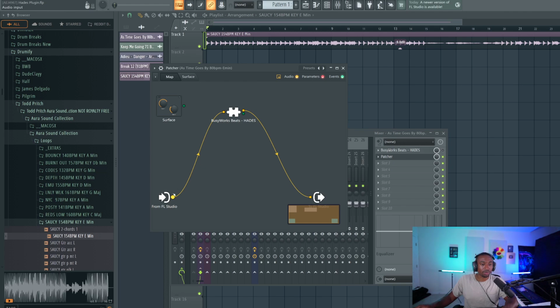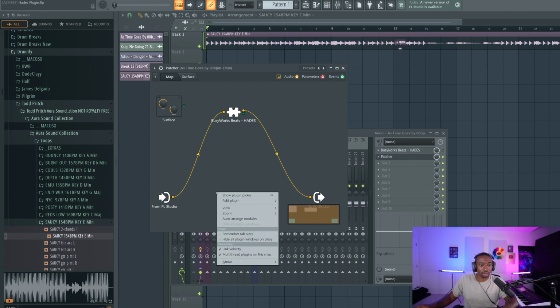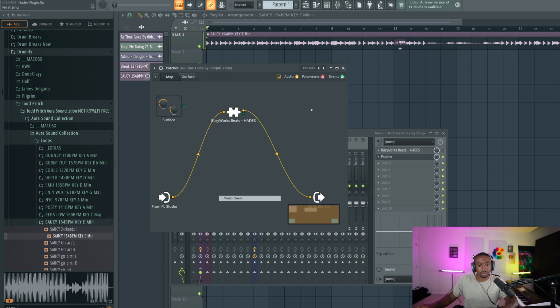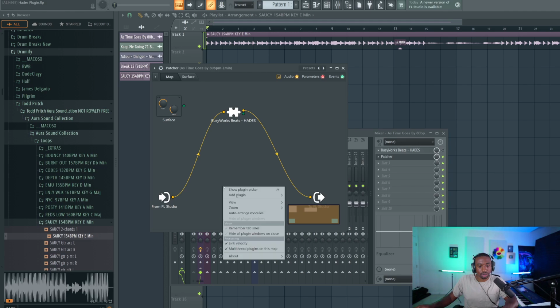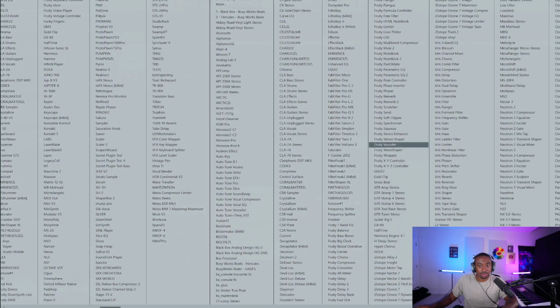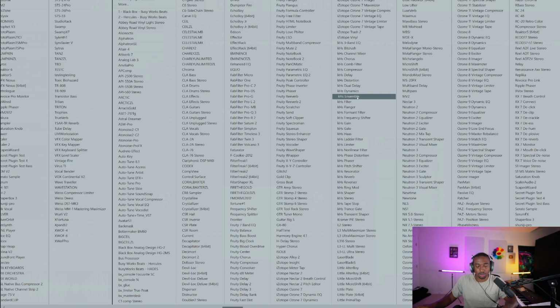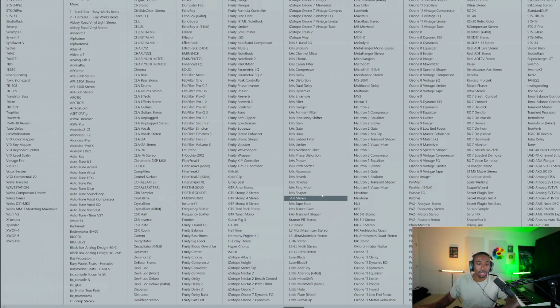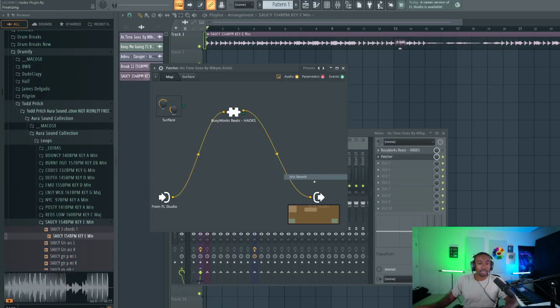From here, I want a reverb. So I'm going to add another plugin. We're going to right click. I clicked a random plugin by accident. Let's do this again. All right, we're going to right click, add a plugin here. Let's do the Kilohertz stuff just because it's really modular, I meant to say. And let's open up a Kilohertz reverb. This is a free plugin bundle you can find by just typing in Kilohertz Essentials bundle. Okay, so here we have a reverb.